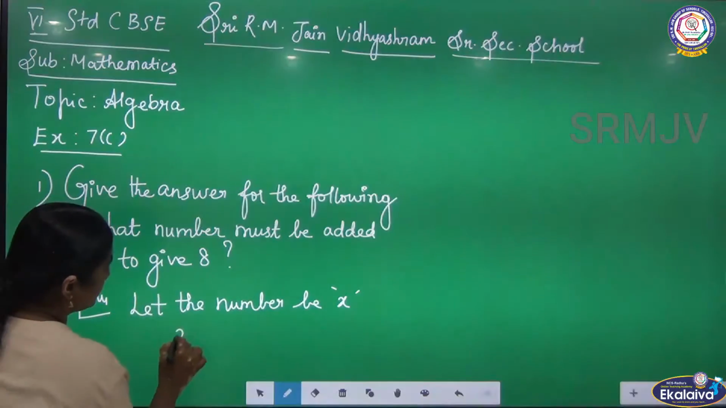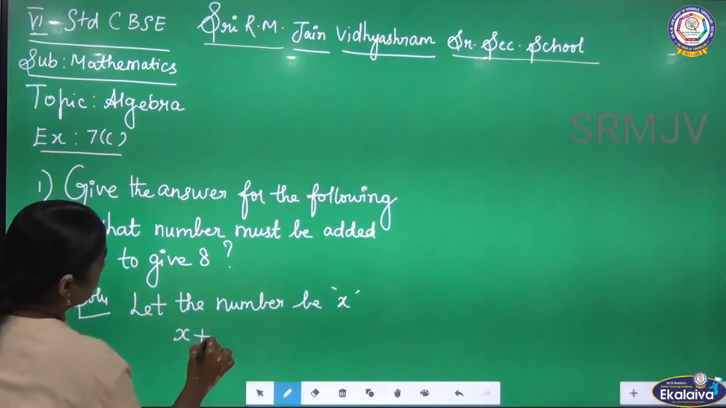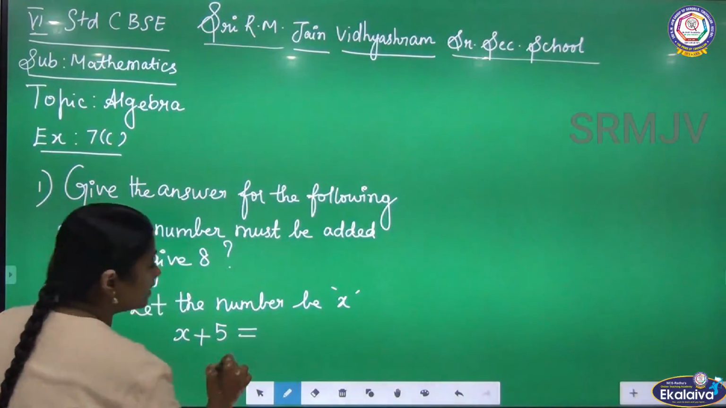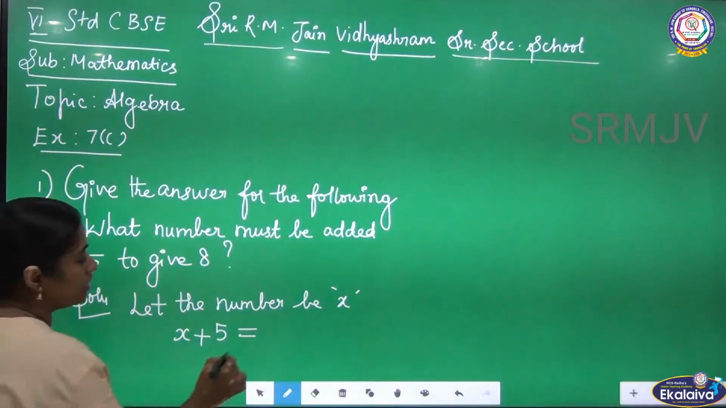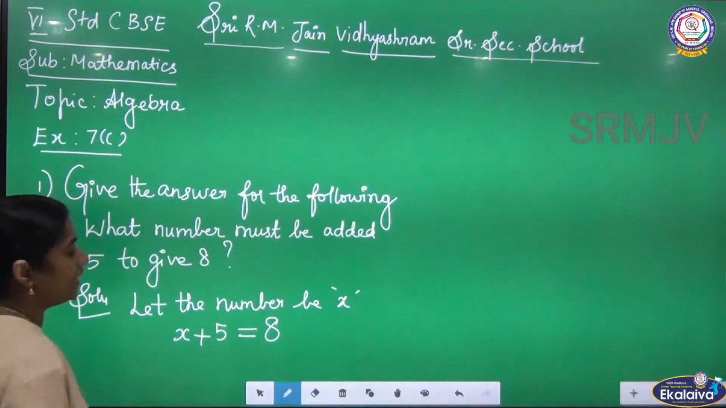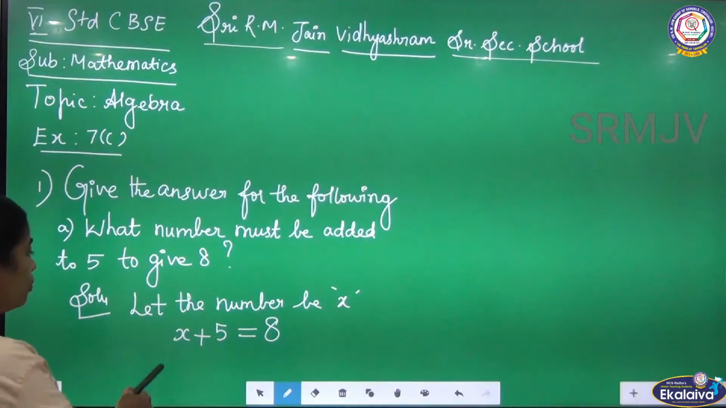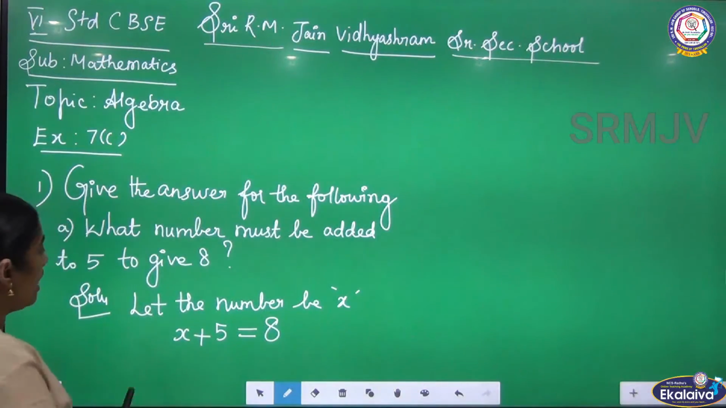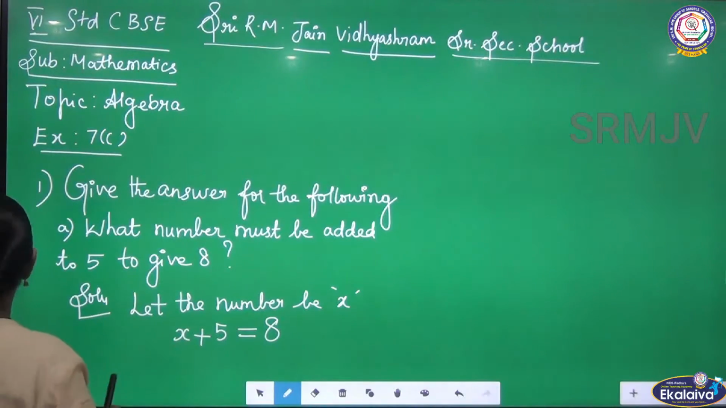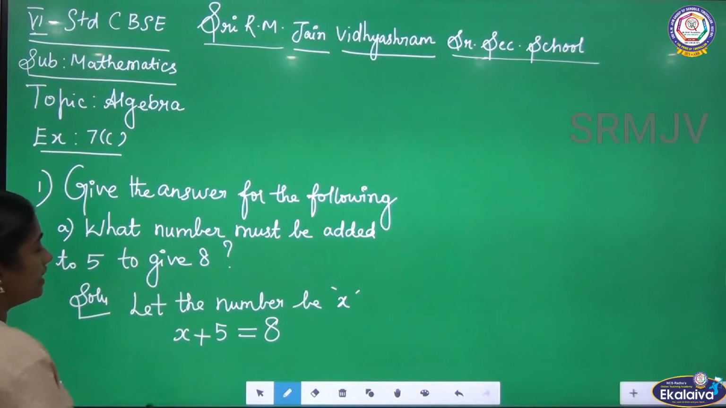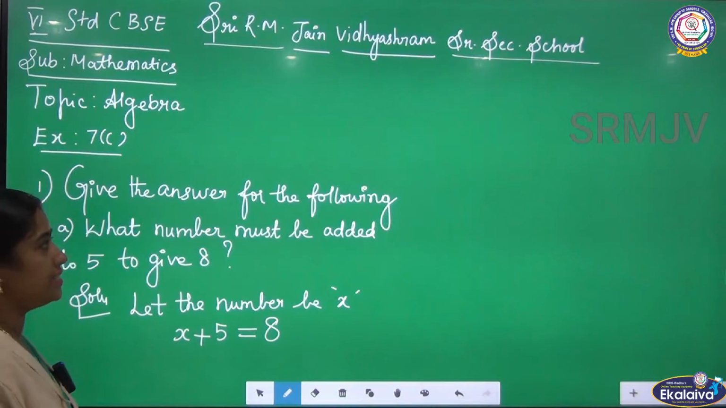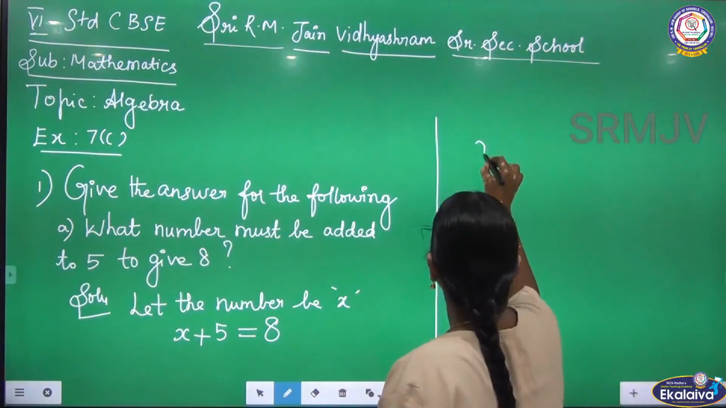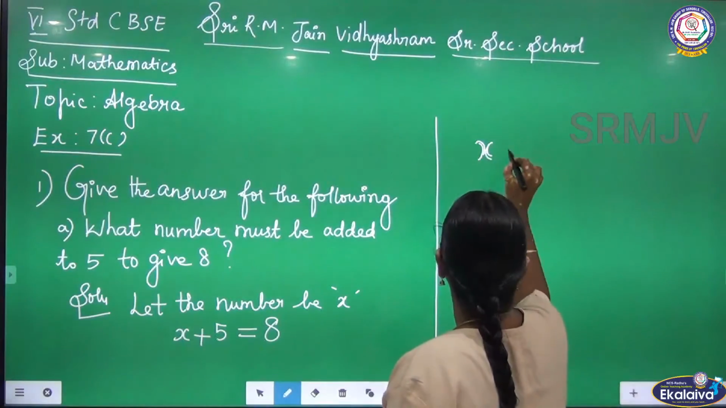So x plus 5 gives us, equal, 8. I don't know the number, so I am taking it to be x, and they have given in the question plus 5, which is equal to 8. Here I am going to do that. Listen, x is equal to